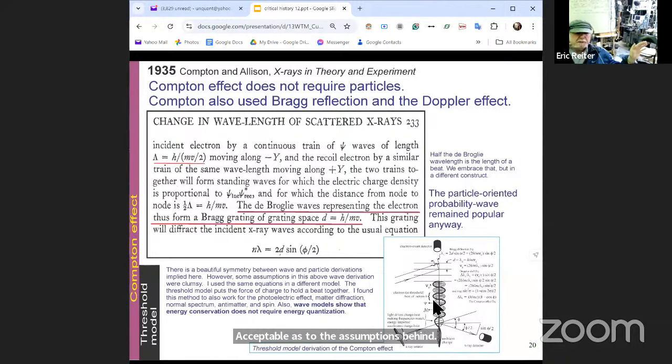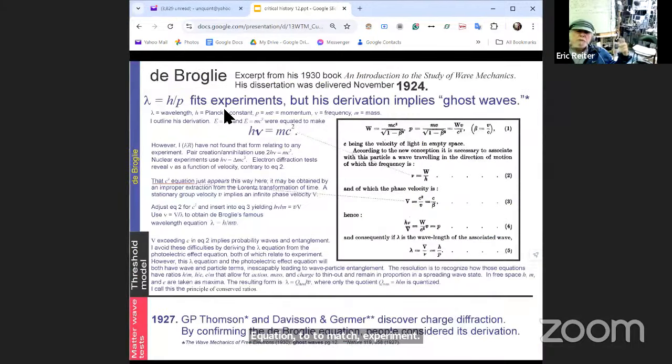That's to be explained in a future lecture, how I derived these other effects like the Compton effect and so on. But what's important is they had the right equations in the derivation and came up with the right equation to match experiment by waves. So in the meanwhile, looking back, de Broglie had his wavelength equation, and the experiments did justify this